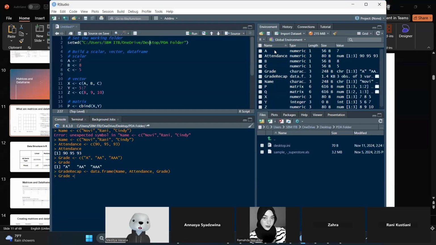But nobody wants to build data manually. Usually we import it from a file. So, I will do this. I like to keep my code well arranged.